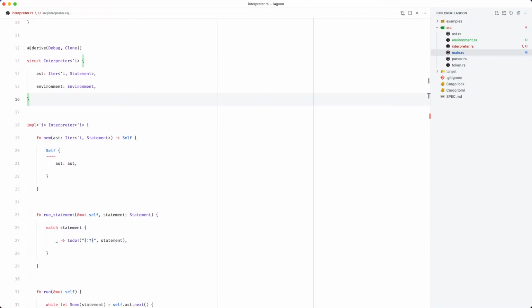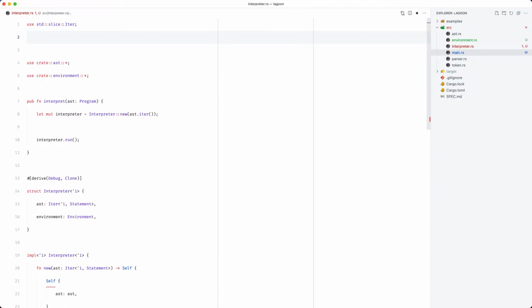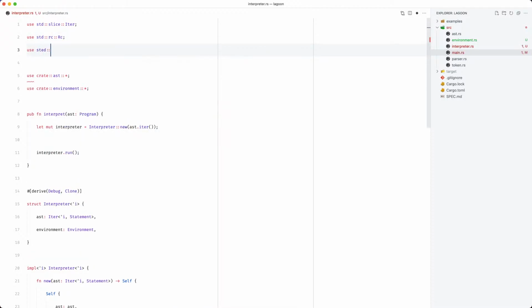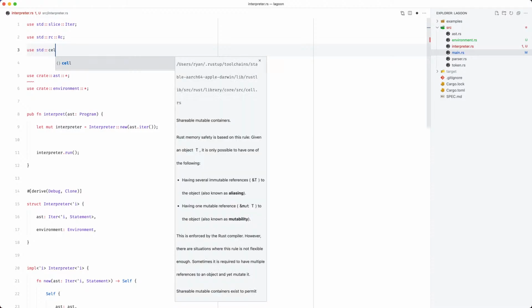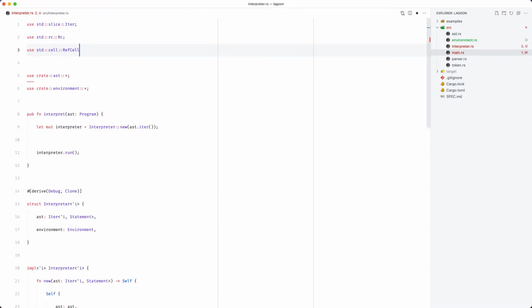So how about we do that now? Up the top we can use standard RC and standard, where is ref cell? Oh, it's in cell. So standard cell and then ref cell.